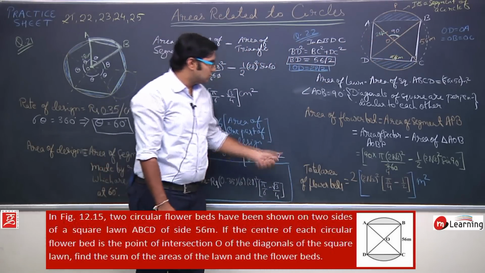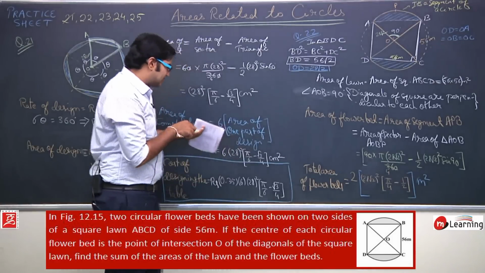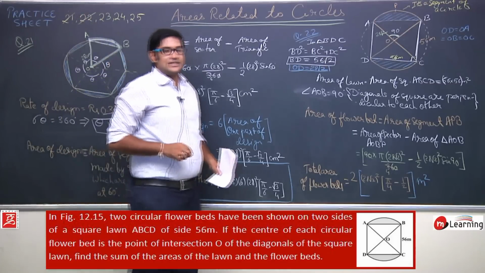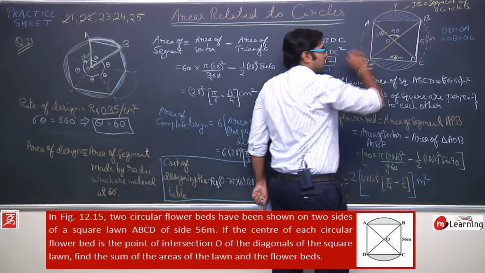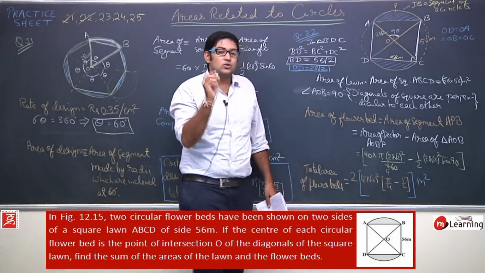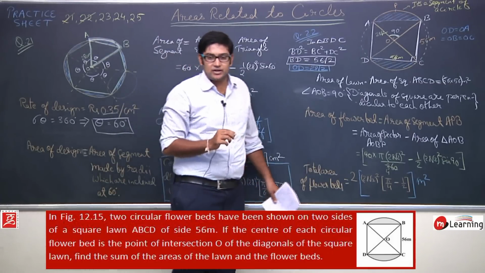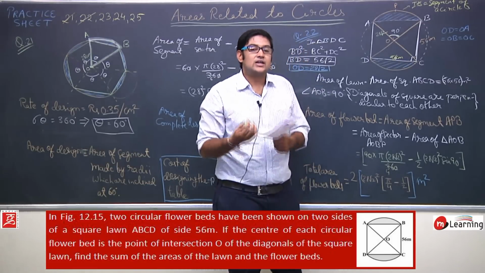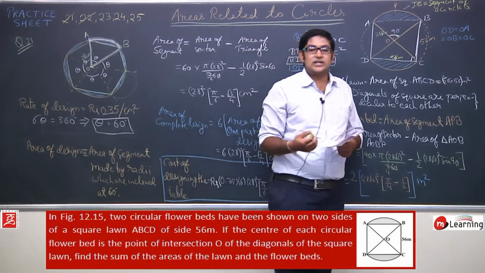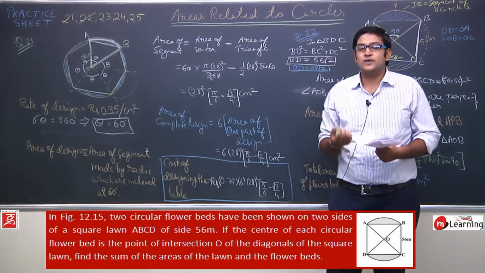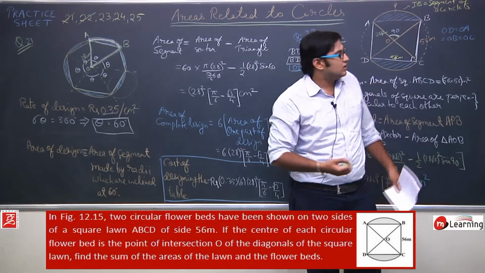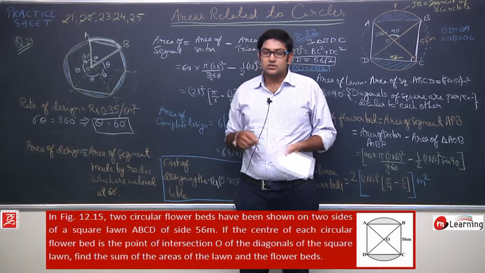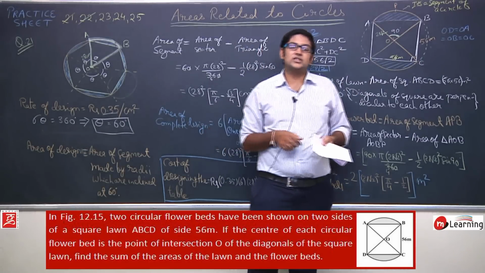Okay, so this completes question number 22. You can see this question is a bit tricky to solve. It requires observation that this looks like a segment. What you need to focus on is trying to analyze the diagram given in the question, or try to draw the diagram yourself and think how we can get a sector of a circle, or how we can get the segment of a circle. In that way only you will be able to solve these kinds of questions. Okay, so this is question number 22. You note these questions, then we will continue.